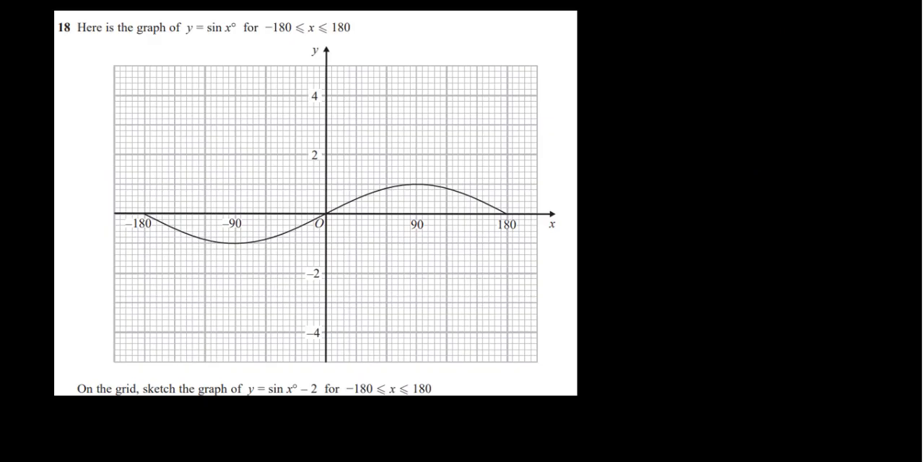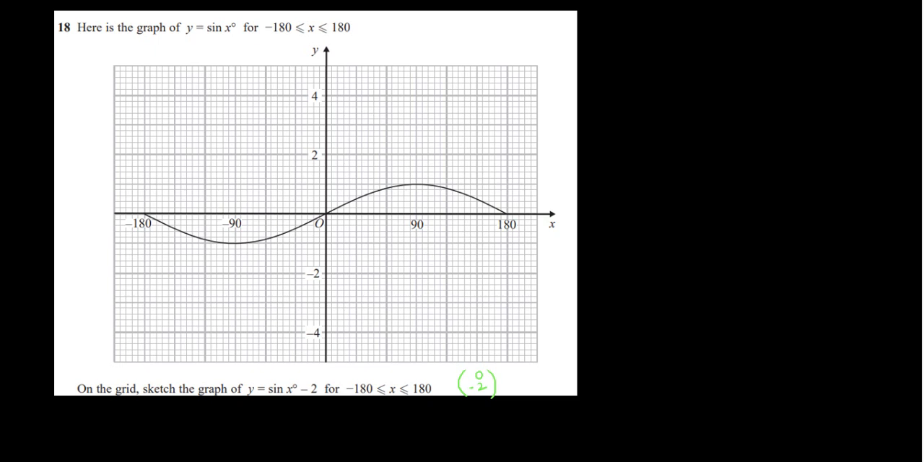Let's move on. Here is the graph of y equals sine x for minus 180 to 180. On the grid, sketch the graph of y equals sine x minus 2. So the minus 2 is outside the brackets, so this is a translation by the column vector 0, minus 2. What I mean by that is all the points are going to come 2 down. So I'm going to find the important points,